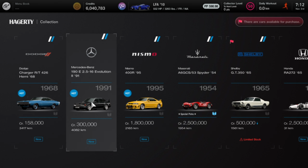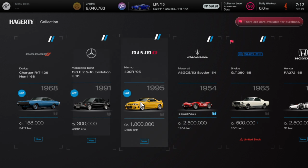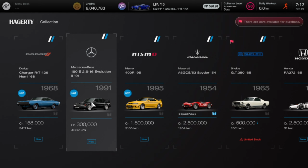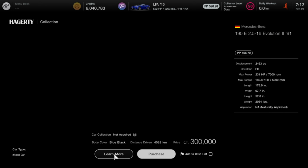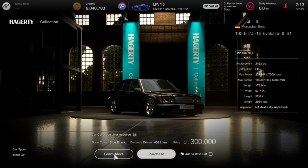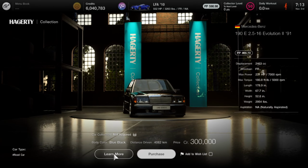You can guess it already. Here, the 190E, the Evo 2, and the 400R. Yeah, the 400R, that Skyline actually. So I gotta first talk about this car here. So this is the one people are thinking of. Yeah, the Mercedes 190E